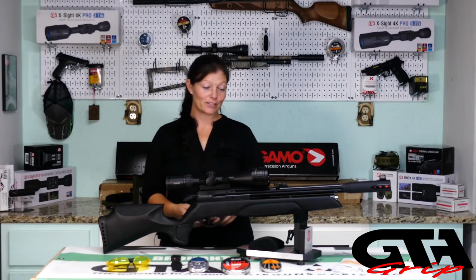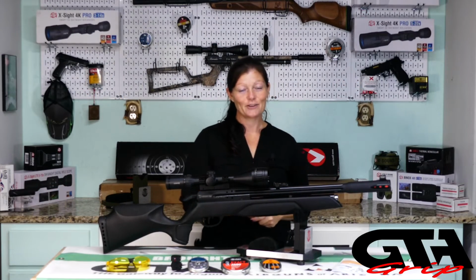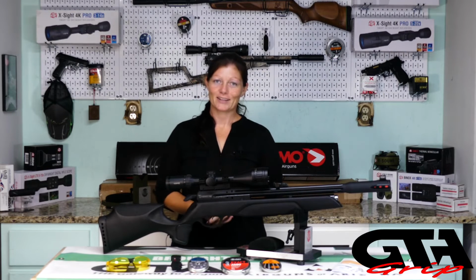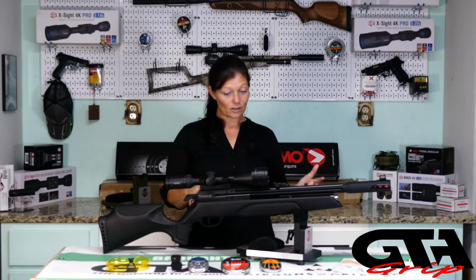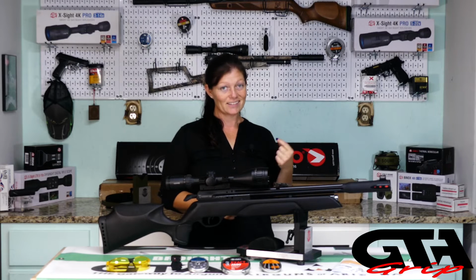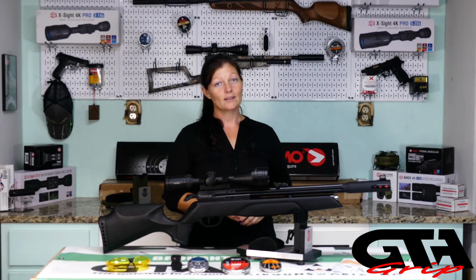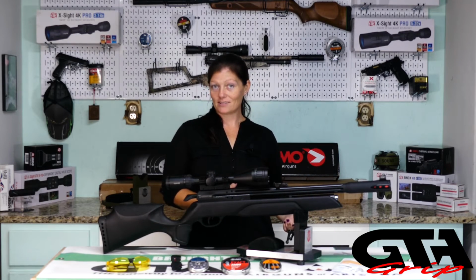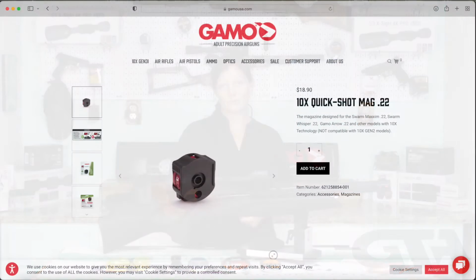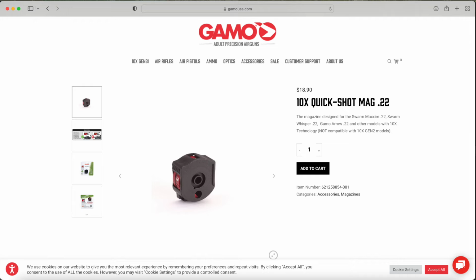Another really great feature on this is the quick disconnect fill port that is just fantastic. No fill probes to keep up with. Super sweet. The option for open sights, absolutely wonderful. It doesn't come with a scope, but even when you get the gun, if you don't have an optic, you can still shoot it until your optic gets in. The rotary mags are great. You get 10 shots and it's compatible with the Gen 1 Swarms. So if you already have the Gen 1 Swarms, pop one of those mags in here. If you have a few mags, then you got loaded ammo ready to go. If you don't have some, they are available for purchase, so you can buy as many as you can afford